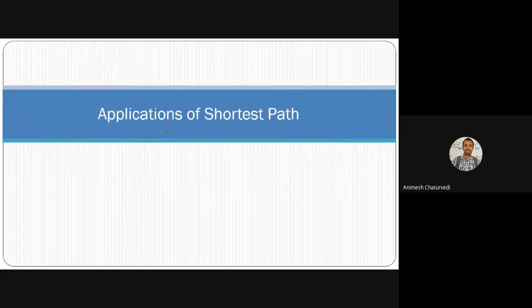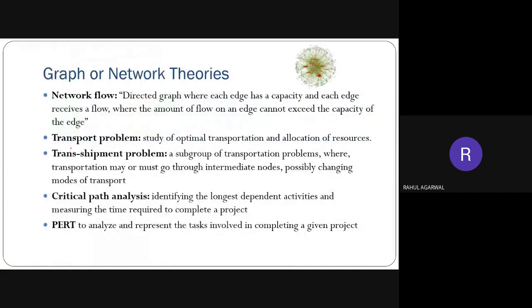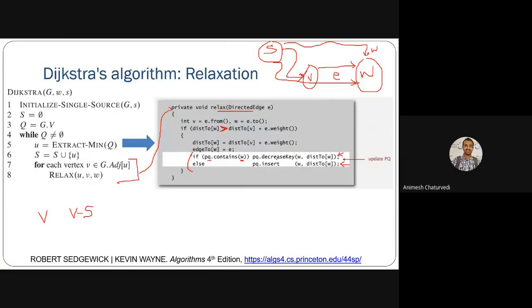Next, we'll see the application of the shortest path. So can you repeat what we were doing in decrease key? A decrease key if W was already part of the visited nodes. You just decrease and remove that, meaning you don't go for that W again. But if that W was not visited or reached by any means, then you are just inserting that W into the priority queue, along with the distance to reach that W.